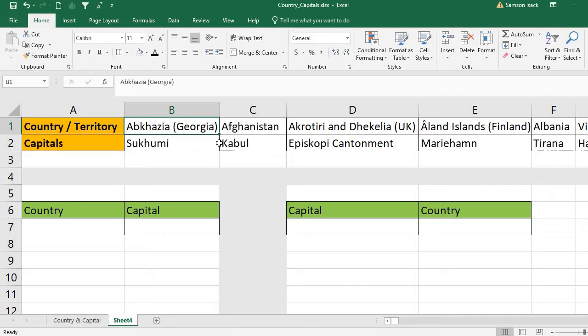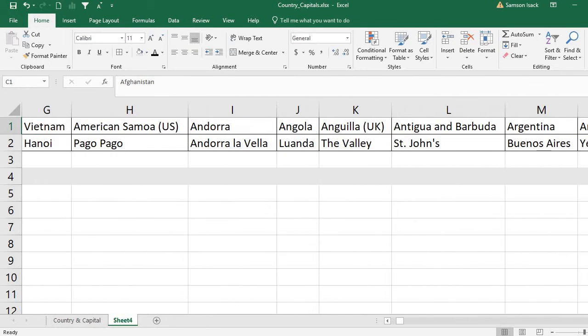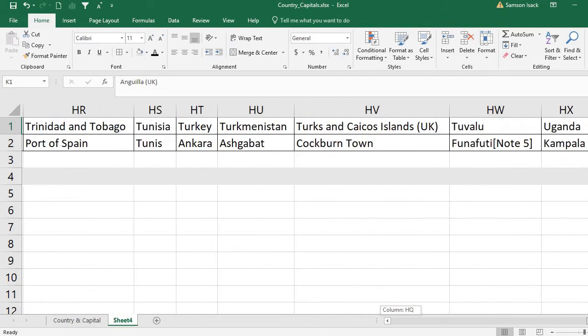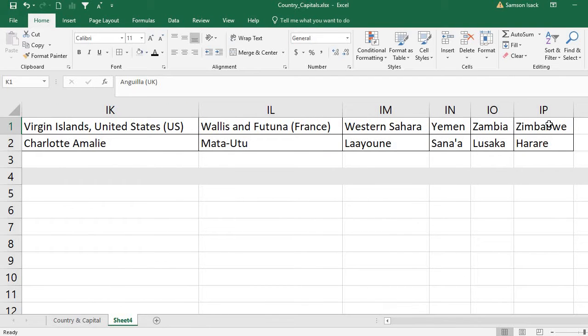You can see it's a set of countries and their respective capitals, about 257 records here: Zimbabwe, Harare, and up to this. So it's a set of countries or territories and respective capitals, but it is in the horizontal